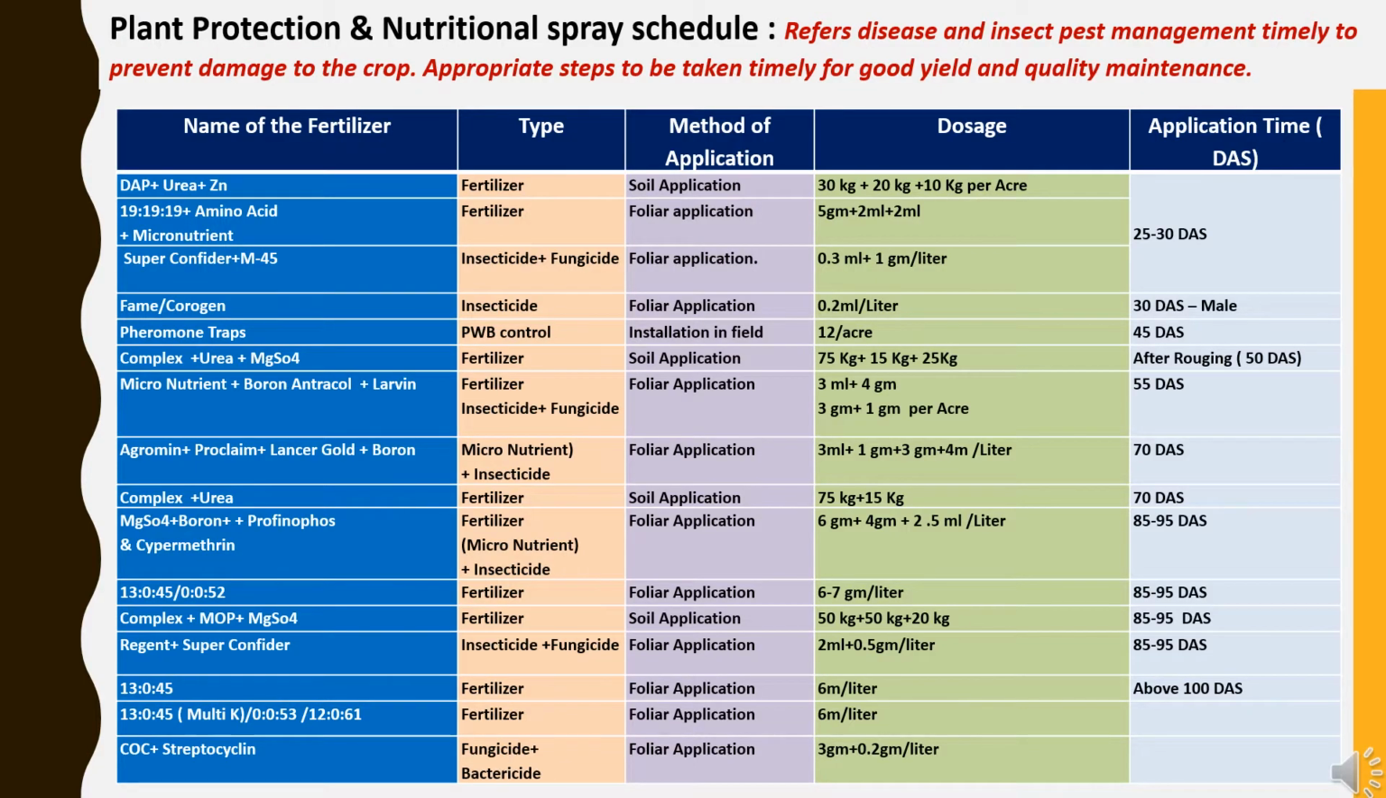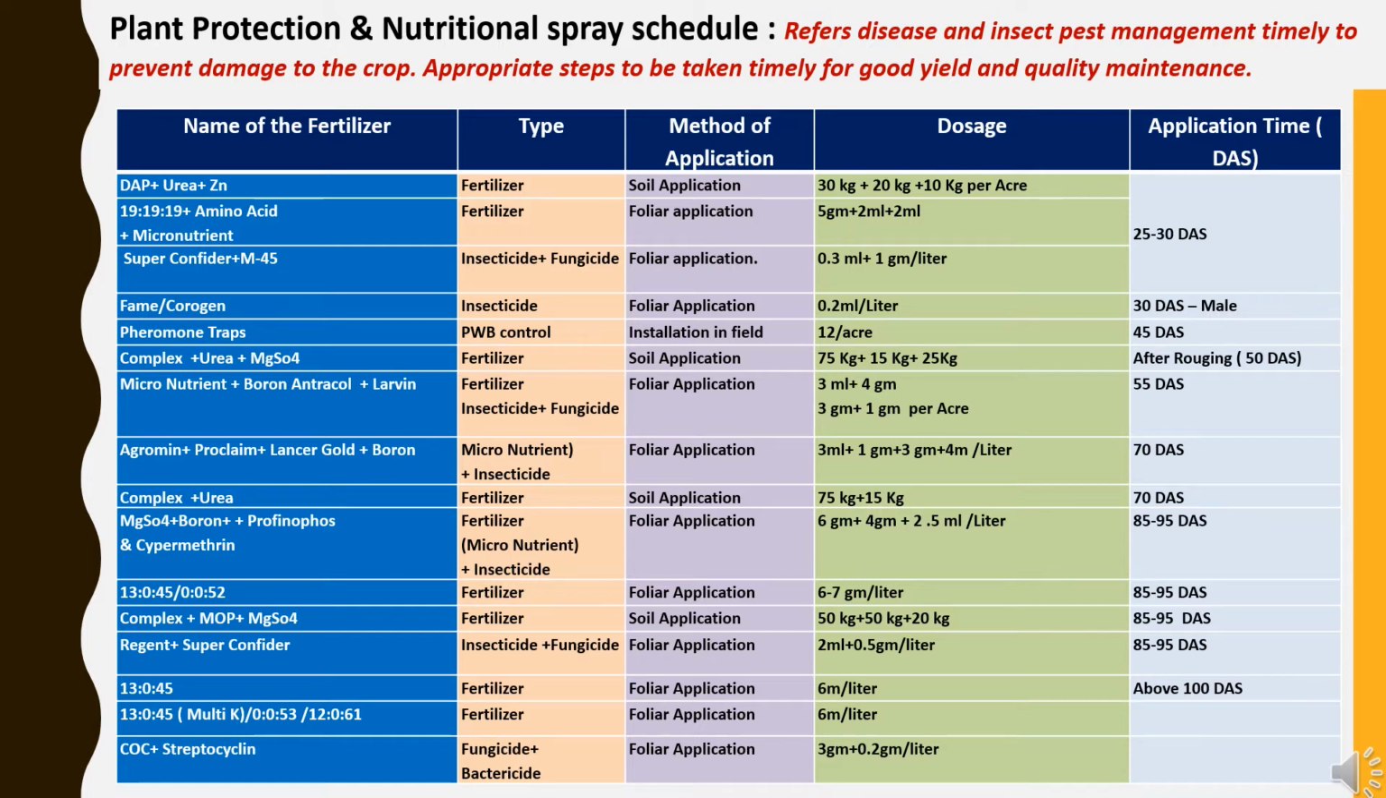Now, plant protection and nutritional spray schedule for cotton hybrid seed production. This refers to disease and insect pest management done timely to prevent damage to the crop, and additional supply of nutrients to the crop. Appropriate steps should be taken timely for good yield and quality management. Here we have given the schedule for a spray of chemicals and additional nutrients which are needed from time to time,